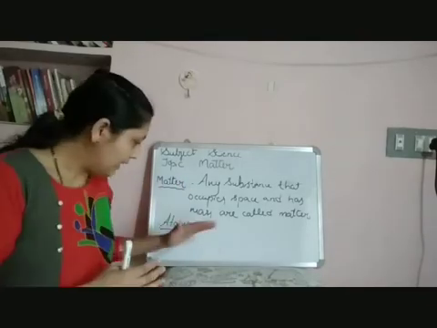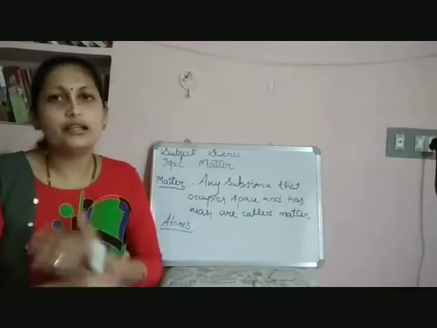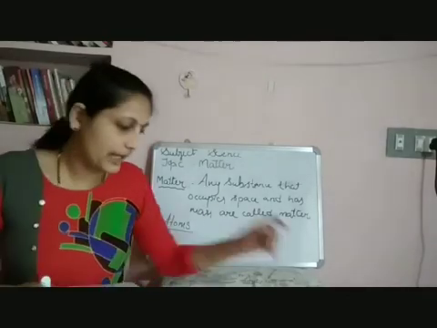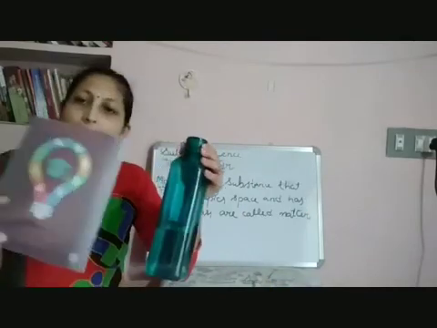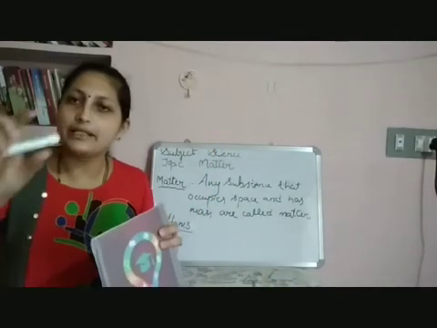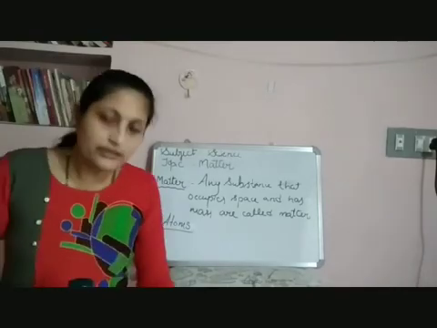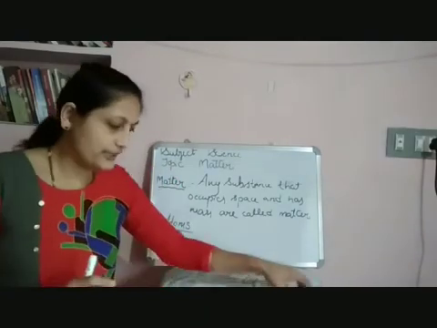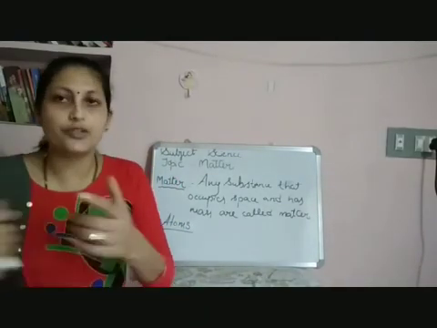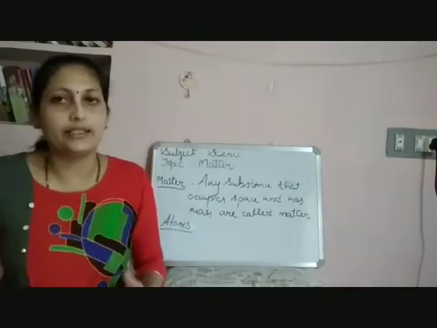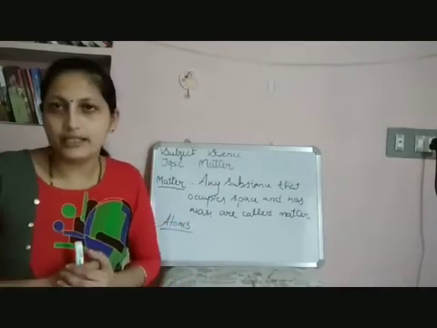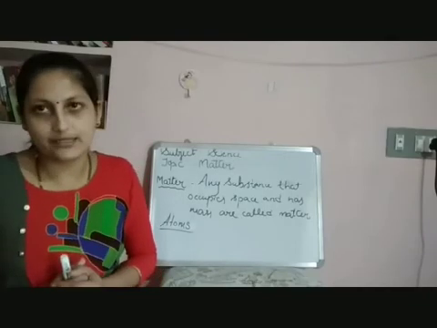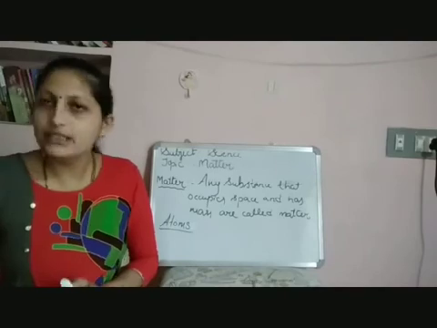The atoms of different substances are different. Means atoms of the notebook are different from the atoms of the water. Atoms of the water are different from the atoms of the air. Means they are differently arranged in different substances. The arrangement of atoms is different in water, in notebook, in chair, in air. All the objects are made up of matter, but the particles are arranged differently in different substances, and also they have different shape and size.